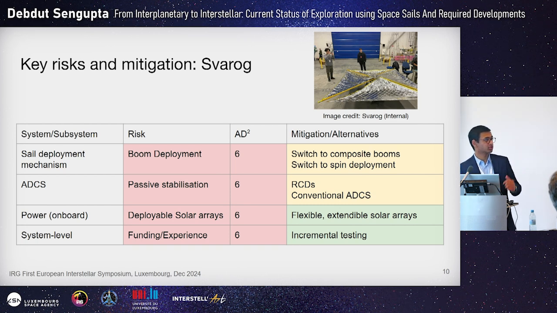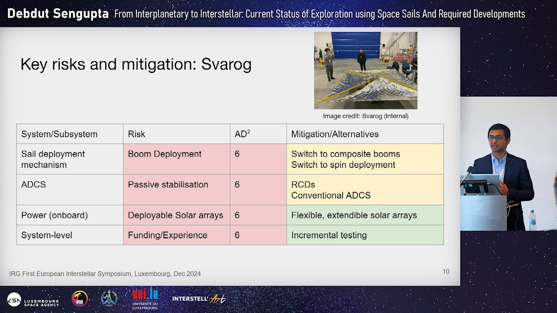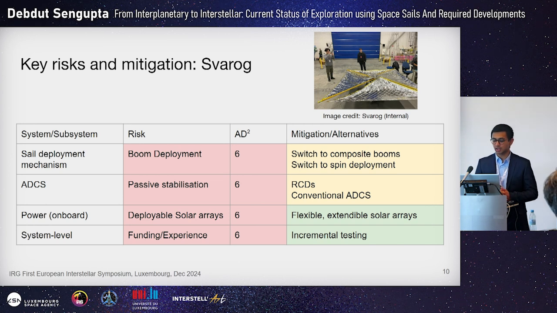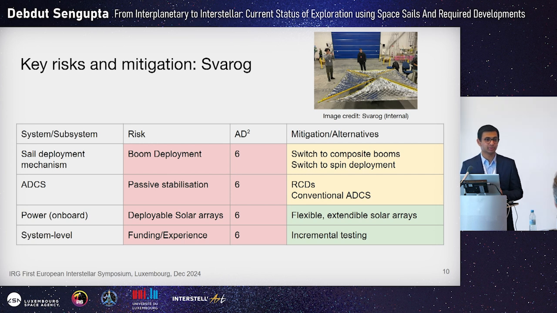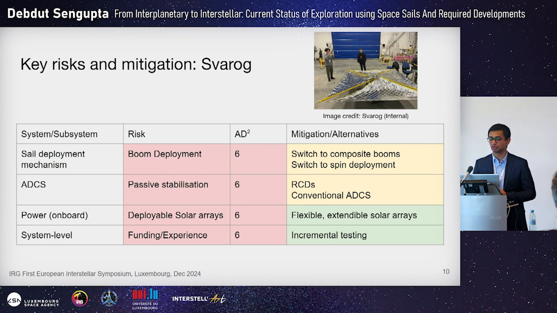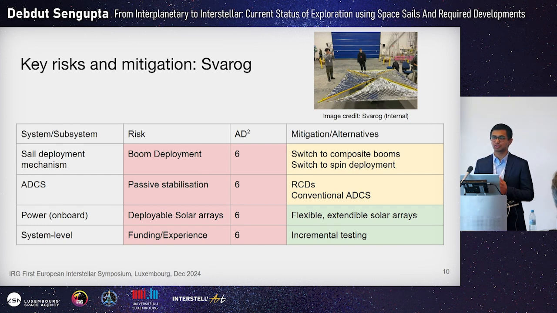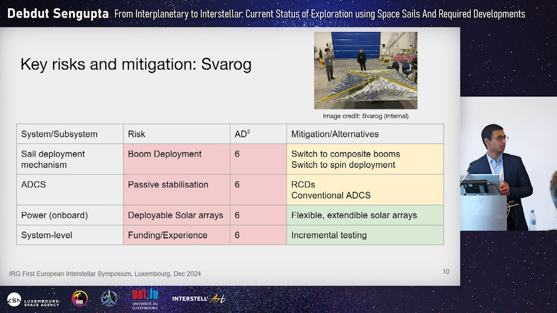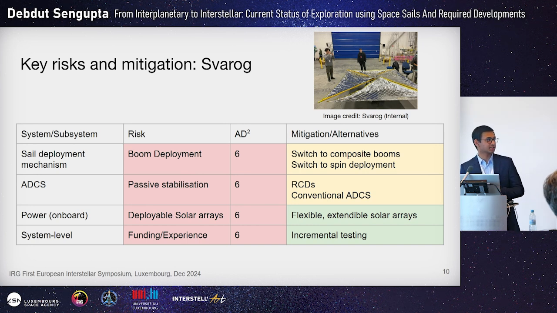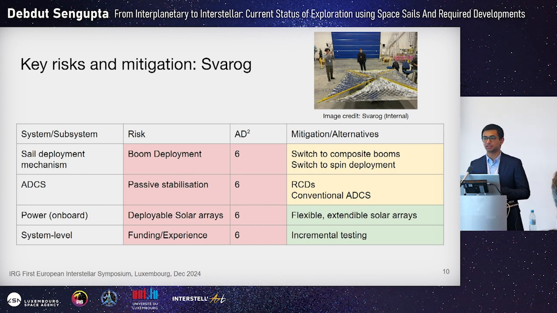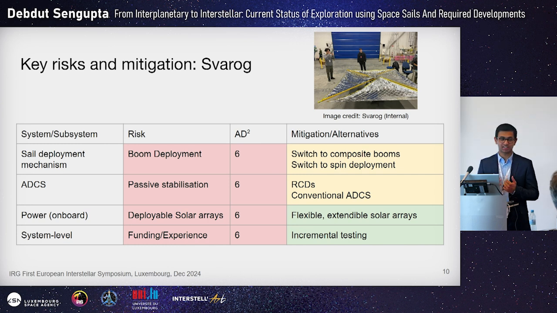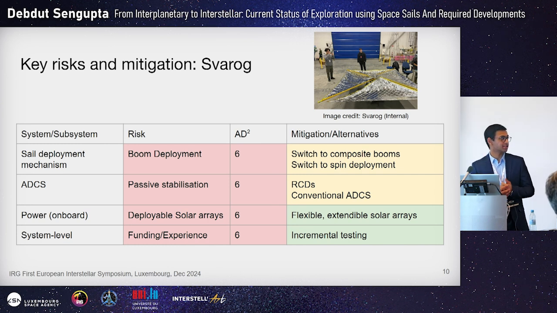We're using deployable solar arrays, which have been proven to work in the destinations we're looking to fly into, even very close to the sun. However, given our limited experience base with actively cooled deployable solar arrays, the AD² is quite high. So one solution is looking at other parts of the spectrum of space sails. So solar power sails, what we're talking about with embedded solar photovoltaics. But instead of embedding them, we could use them as flexible extendable solar arrays, and this could minimize the risk